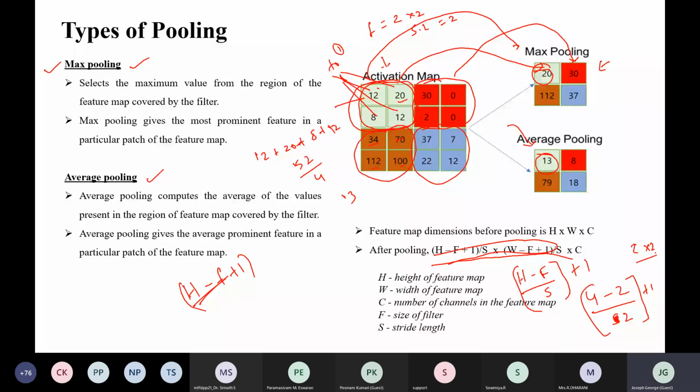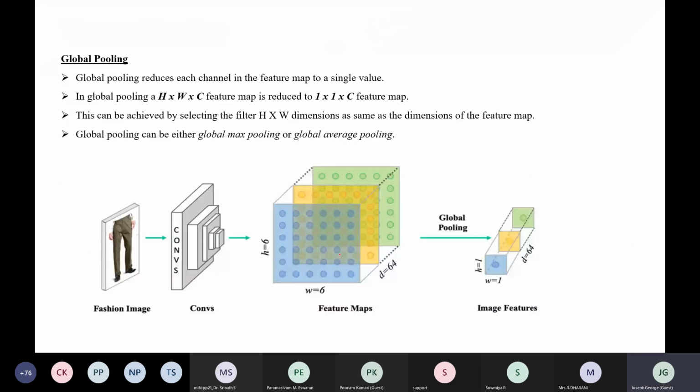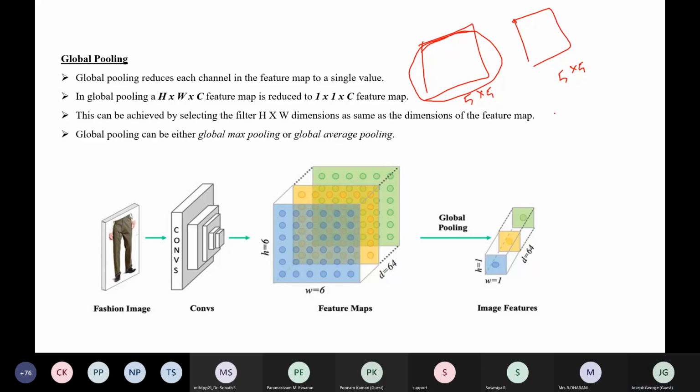Another type of pooling is also available, which is called global pooling. In global pooling, you take the filter size as the size of the activation map. So if the activation map is 5 cross 5, then the filter size will also be 5 cross 5. You are dealing with the whole picture, the whole channel, and it will produce only 1 pixel.